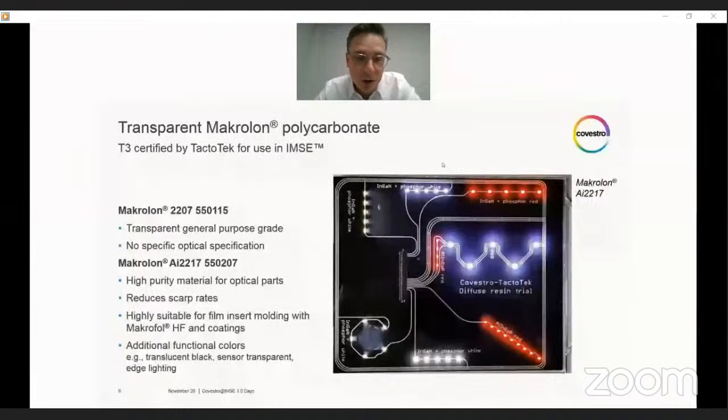Macrolon 2207 is a general purpose grade from our portfolio that offers the properties that PC is really well known for. It works great for IMSE parts with no or only limited requirement on optics, as it has no specific optical specifications. If you do integrate light functionalities, for example, by LEDs into IMSE, and you have demanding lighting